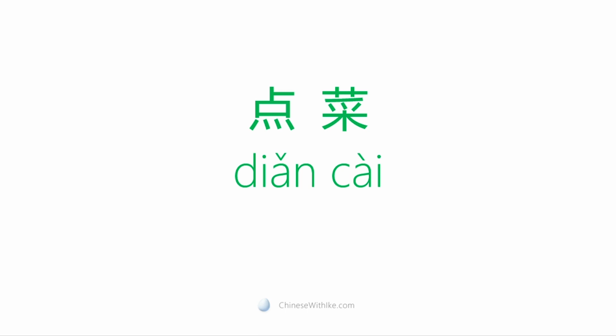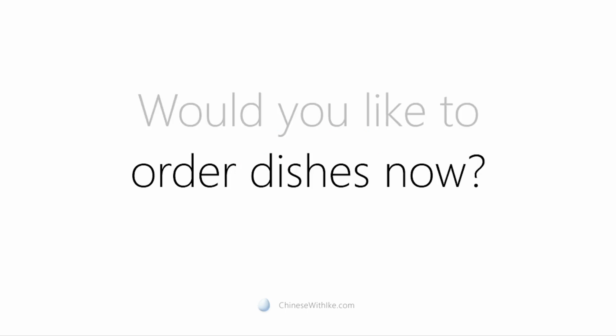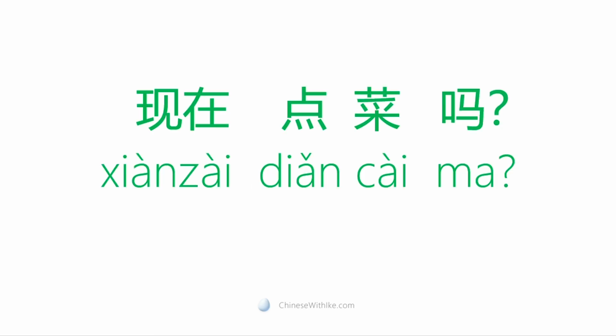菜 means vegetables, but it also means dishes. In the restaurant, we always hear this phrase from the waiter, but usually they don't say, would you like to, they just say, order dishes now. So order dishes now in Chinese would be 现在点菜吗？